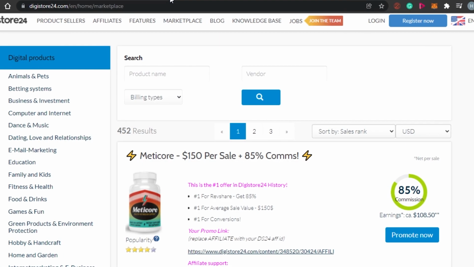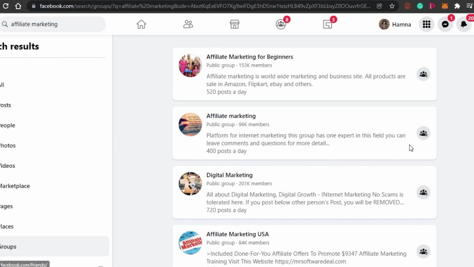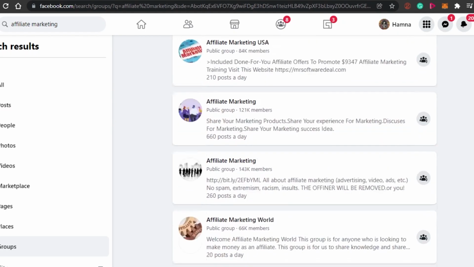We know it's super easy to be a part of a Facebook group. You simply click on the group to join a group, and if it is an open group, then you don't even need permission. But of course, you can see right here that I can just simply click right here and join these groups. So in these groups, what happens is you can add your link, you can create posts